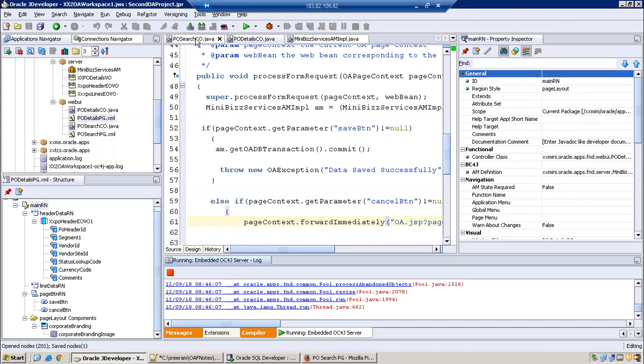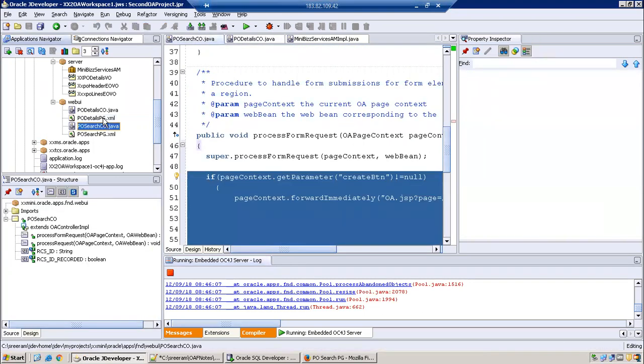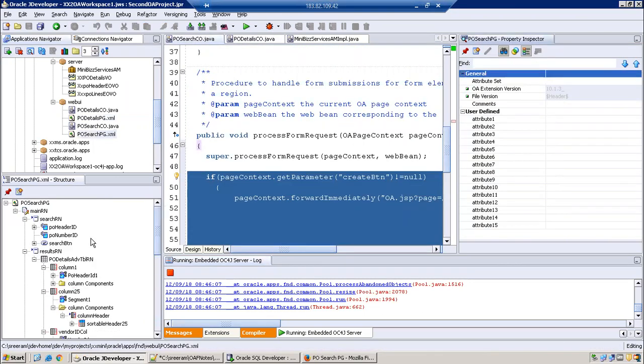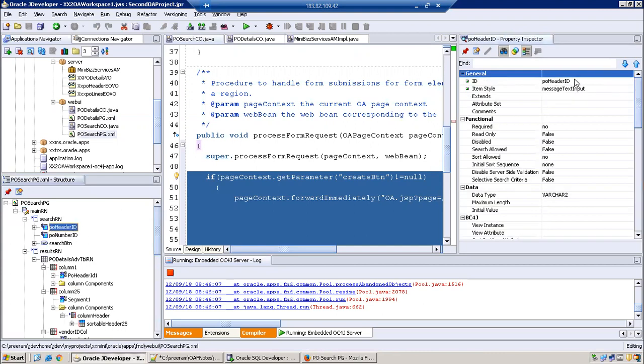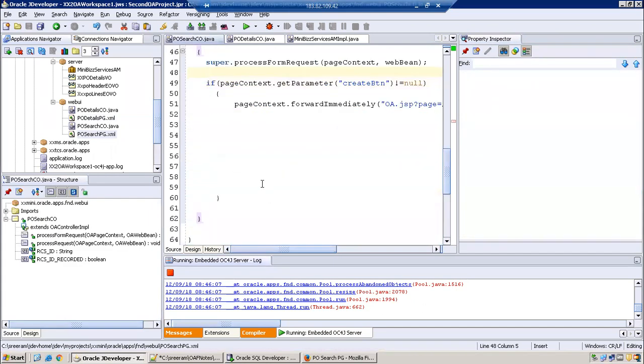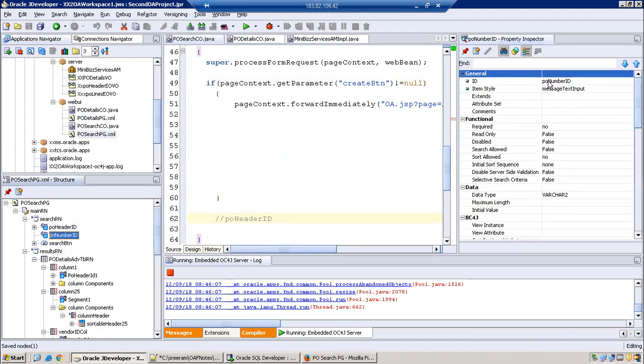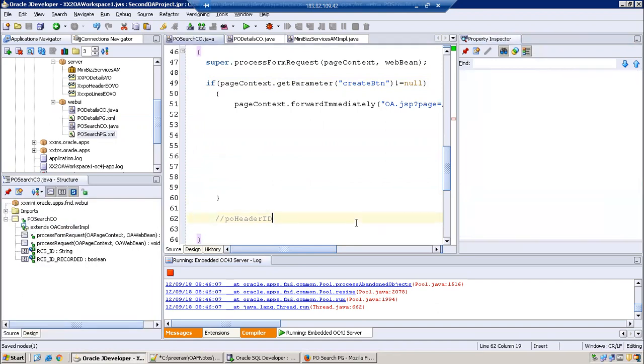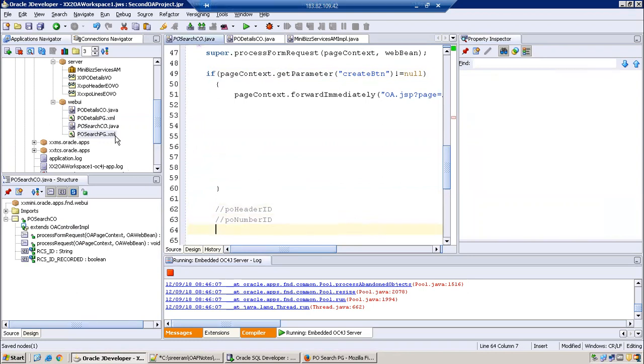So now in the PO search, make a note of the components, like which are the components. One is the PO header ID, search page PO header ID. Just make a note of this one, and PO number. Then what's the other one?